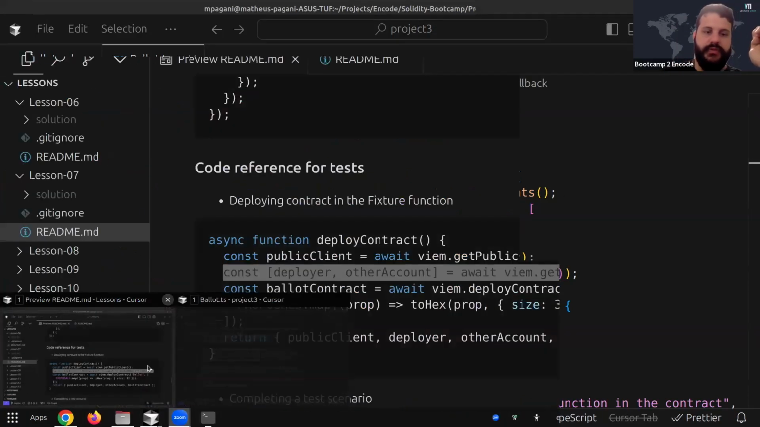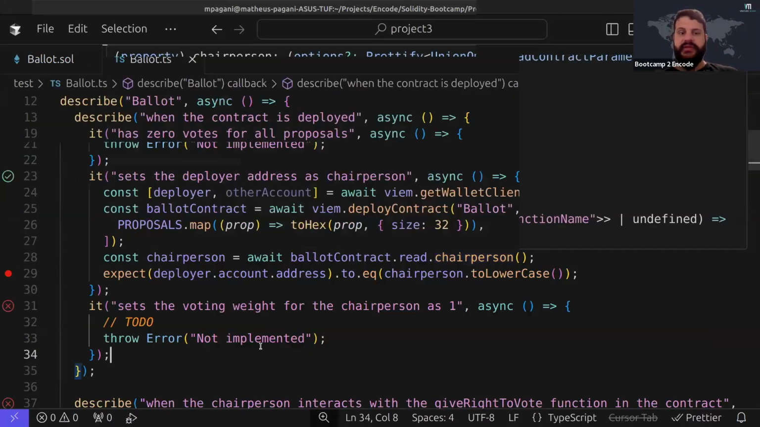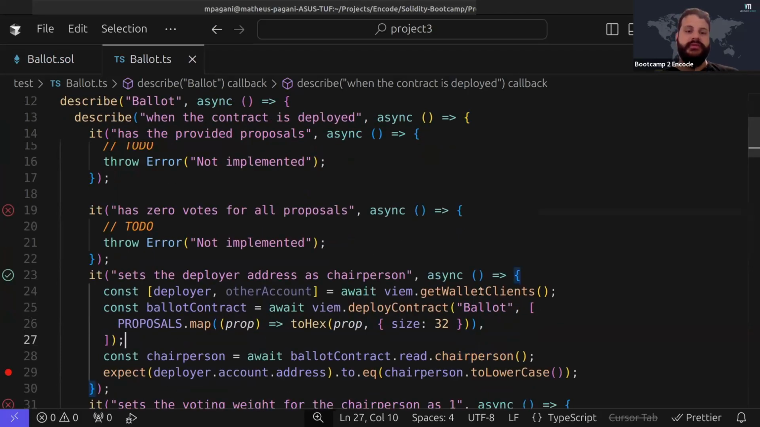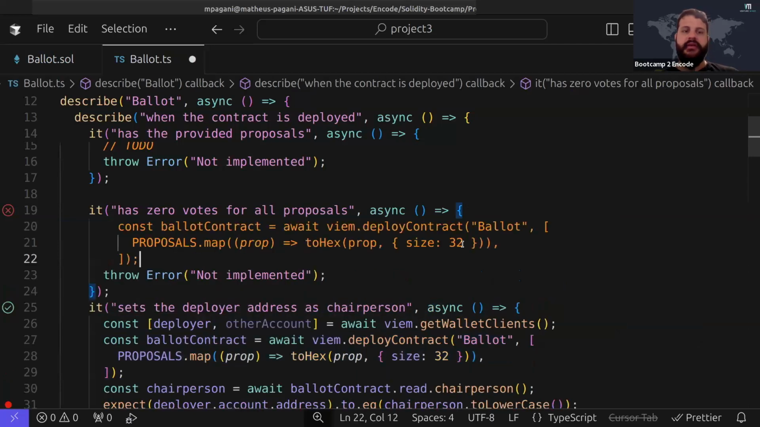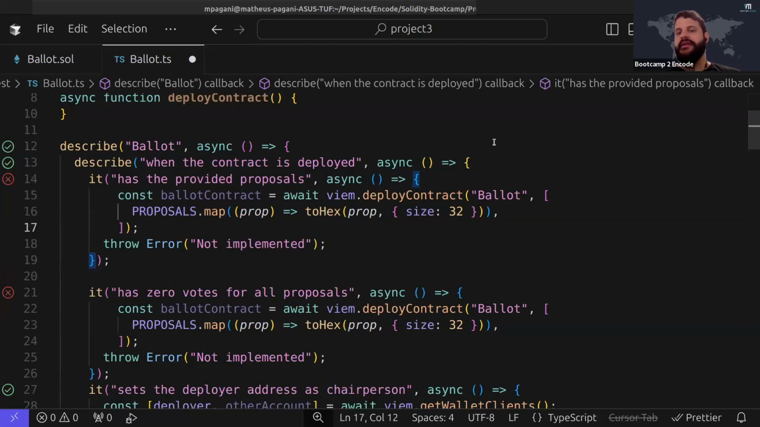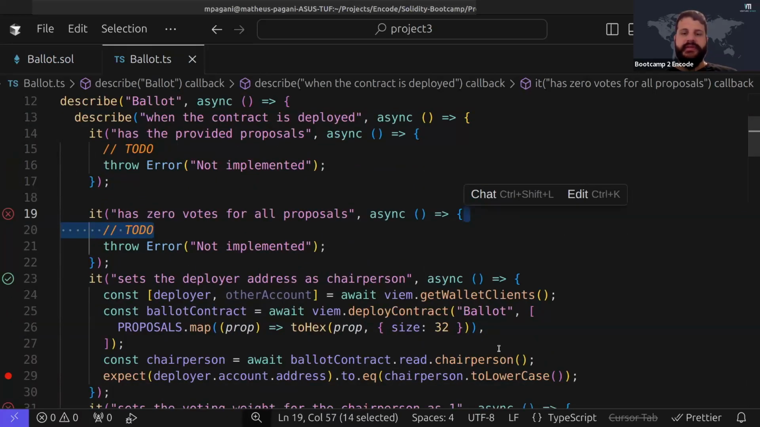What we're going to do now is to organize this test with this fixture function so that I don't repeat my code again and again. Because if I'm going to do all the tests now, for example, it has 0 votes for all the proposals. So let's deploy the smart contract again. You see, I'm repeating my code again and again, which is not good. So what we're going to do is, instead of repeating in all of the definitions, we're going to put all of these